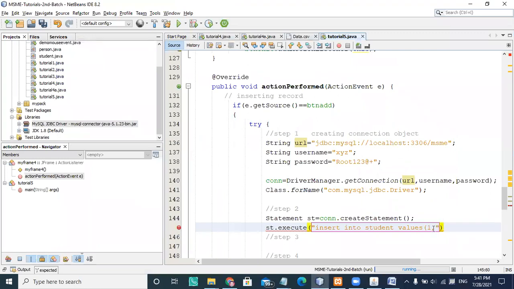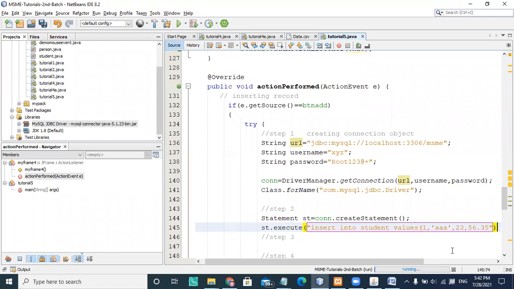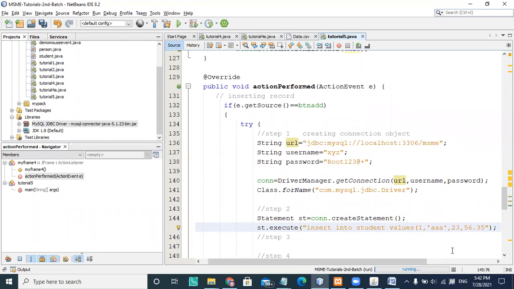It will ignore this roll number and take the auto-generated one. I'm putting AAA as my name, then age 23, and the percentage is 55.6, 35.56, and this is the simple query which I'm executing.